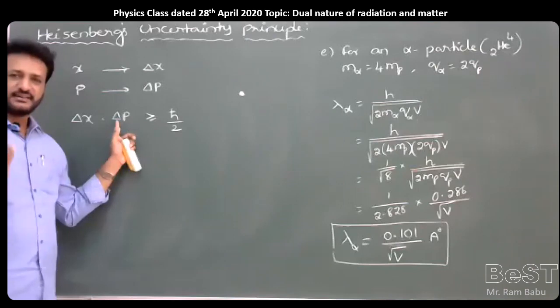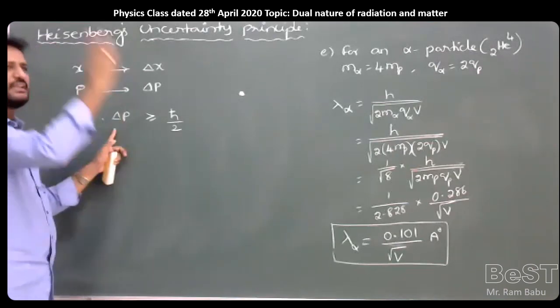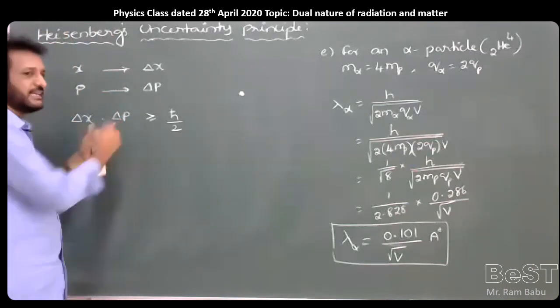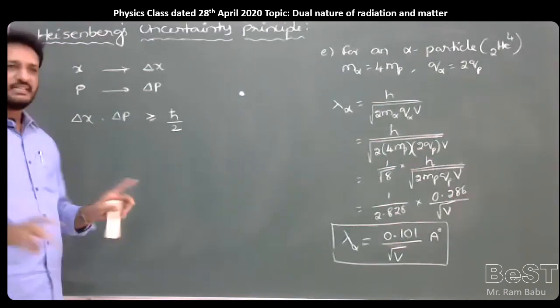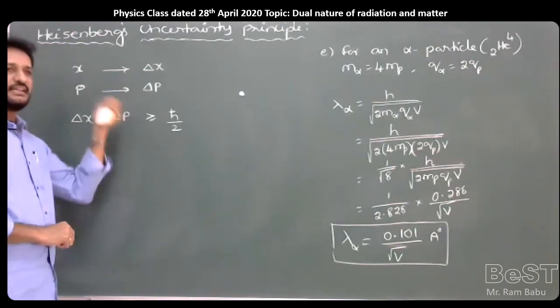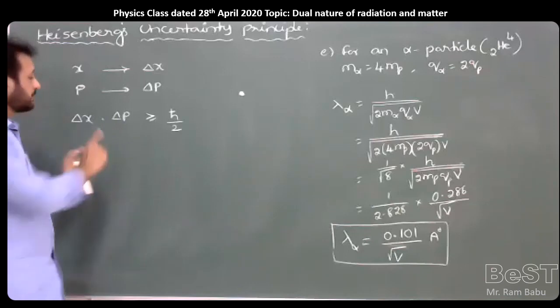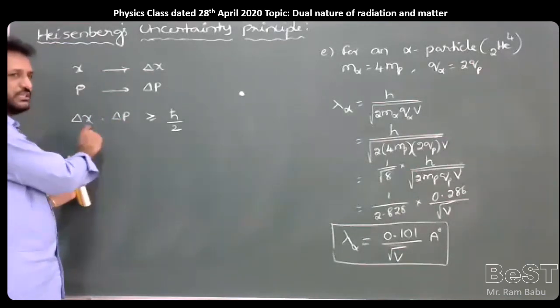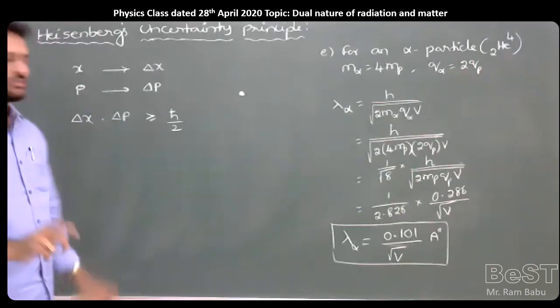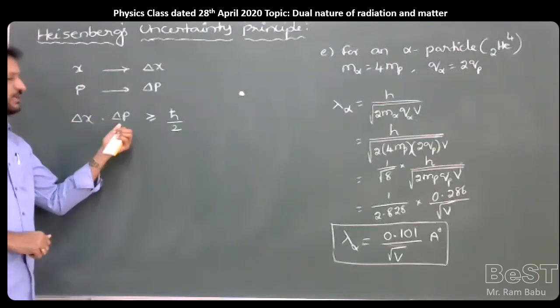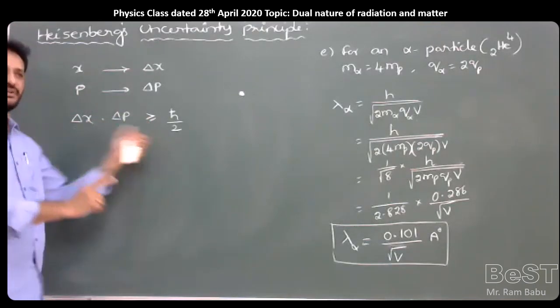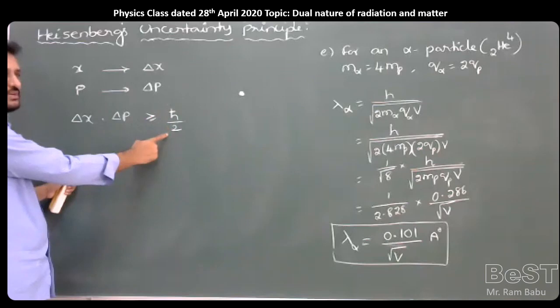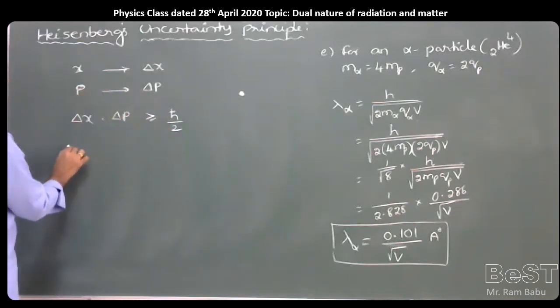That means the uncertainty in the momentum is very large. If I calculated momentum accurately, with no error, so delta p is equal to 0, then delta x must be infinity. But the product of these two values should never be 0. So the product of delta x and delta p is always greater than or equal to h bar by 2, or half of h bar,